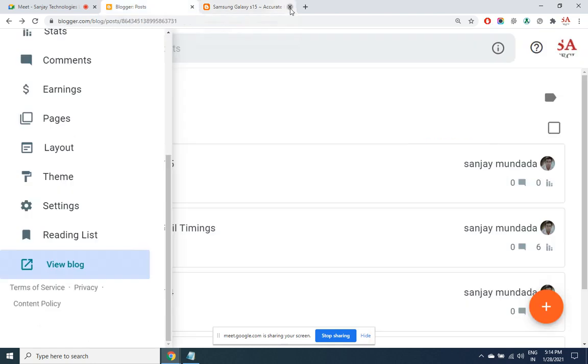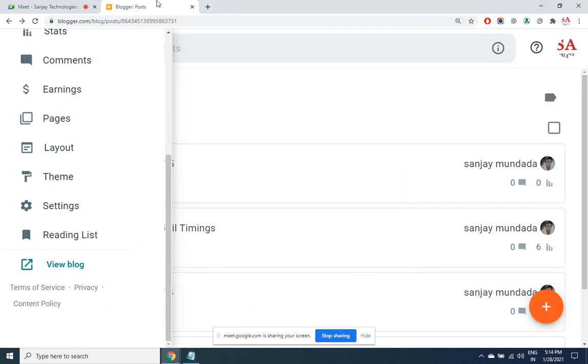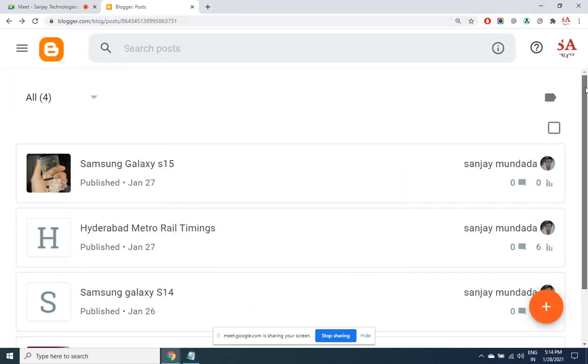So whatever theme it may be, always provide external links in a new tab. The code is the same for any theme. But it's not done yet. I told you below mobiles, I want all the brands to be shown, and when the mouse is put on the brand, I want all the models to be shown.